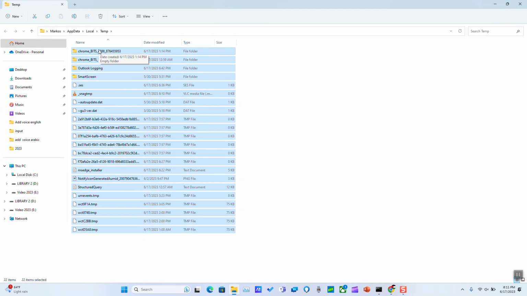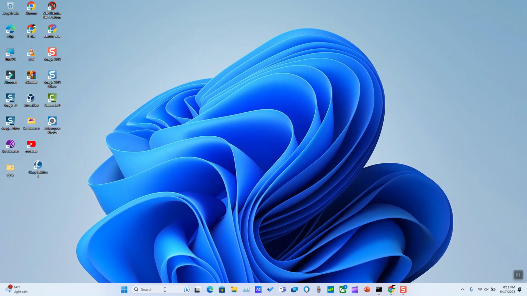This will delete the temporary files which are created by Windows. So every time you open any software, Windows creates a temporary file to quickly access the software. And the accumulation of these files makes your computer run slower. So by deleting them, it doesn't impact your Windows file systems. It doesn't delete anything from your data, but it just removes the temporary files which should be removed after every session. So once you have removed these files, you want to go back again to the run tool,